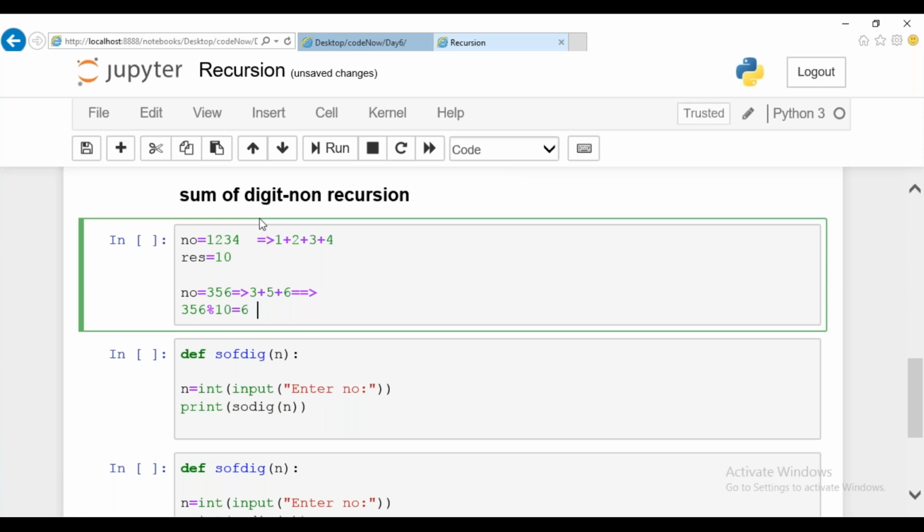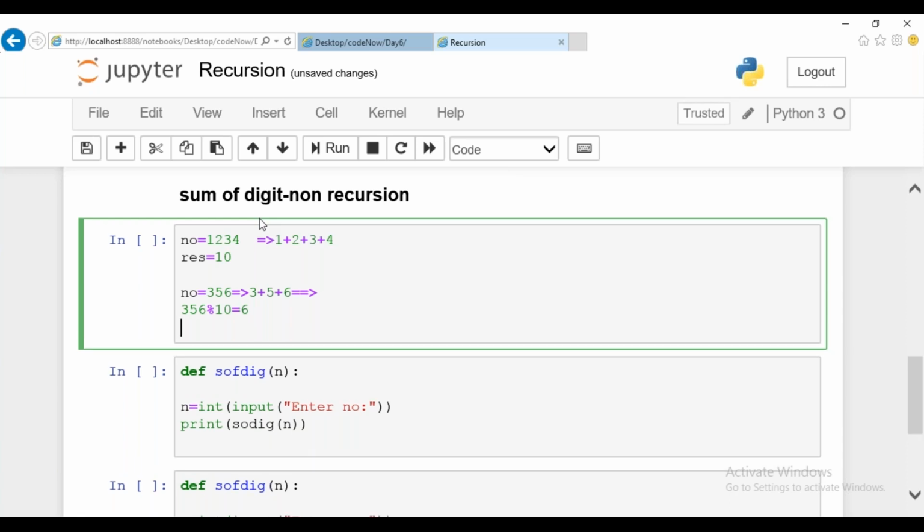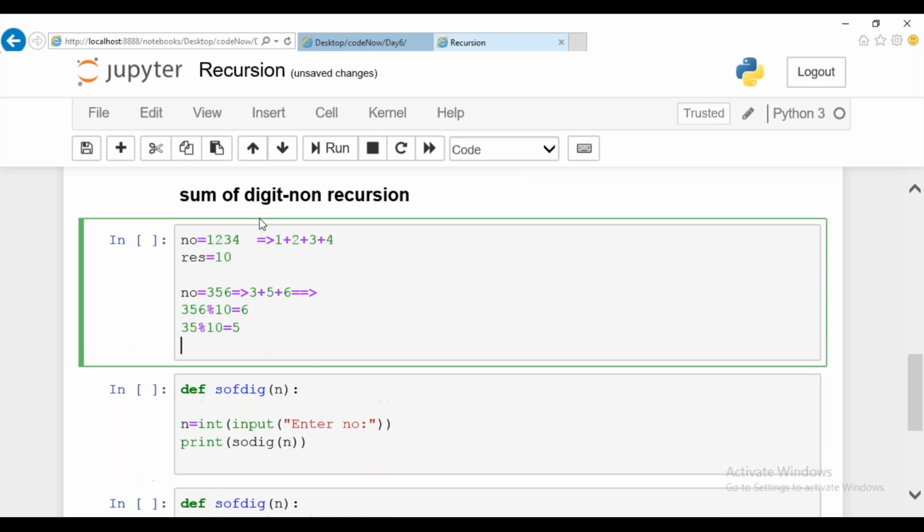Again, to separate 5, I can take 35 and apply modulo 10, which gives me 5. Taking 3 modulo 10, any number less than 10 gives you the same number, 3.